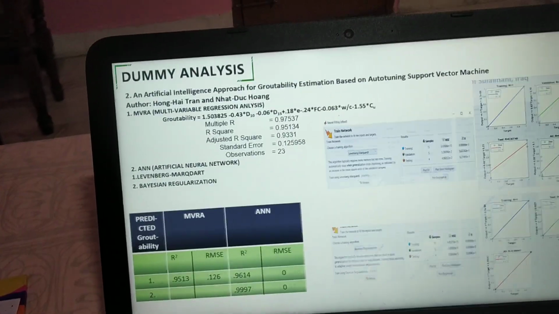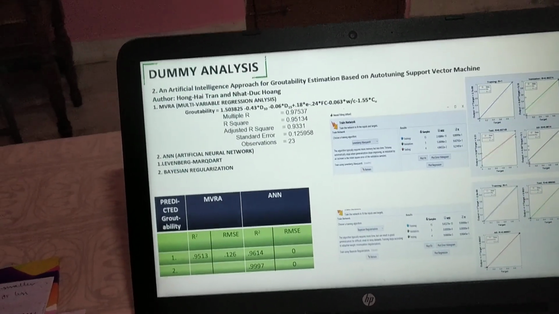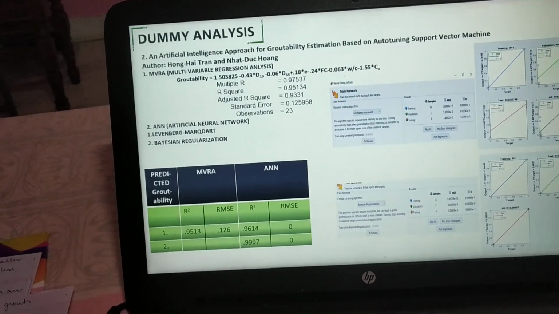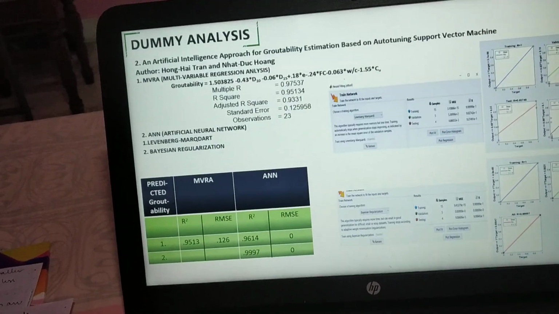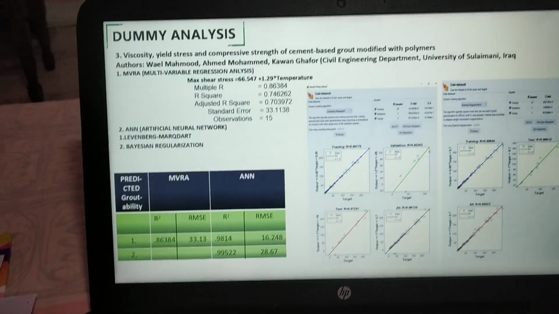Since I've used multivariable regression analysis too, I found that we cannot actually apply MVRA to such a huge set of data and such huge input parameters, as we have to keep some parameter or the other constant for a certain while in order to get the real-time correlation values.